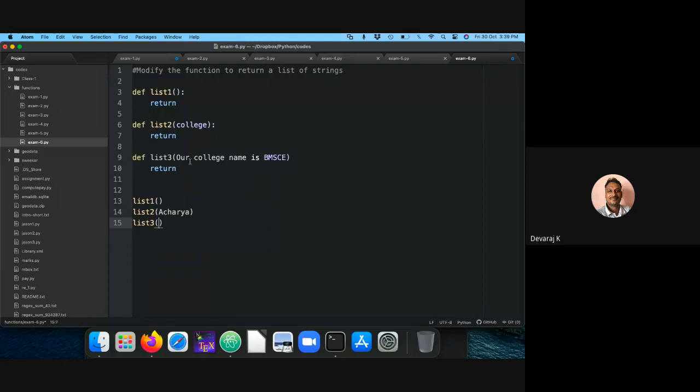Here I'm trying to give this particular string, our college name is BMSC, something like that. That means I have a list of strings. So instead of our college is this particular thing, I can give some kind of string, or maybe I can define this.